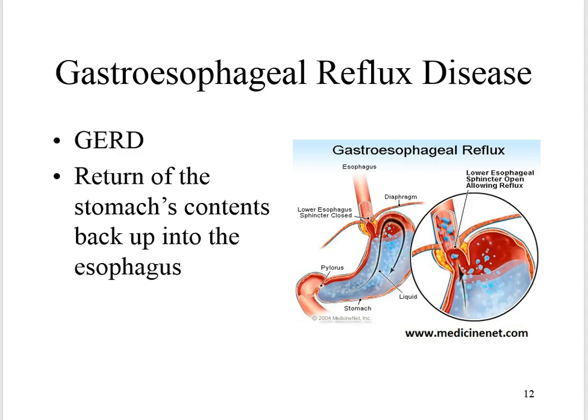Gastroesophageal reflux disease. It's also called GERD. What happens is you have return of the stomach's contents back up into the esophagus. It occurs when, first of all, the lower esophageal sphincter, a ring of muscle located at the far end of the esophagus as it leads to the stomach, does not close properly and the stomach contents splash back or reflux into the